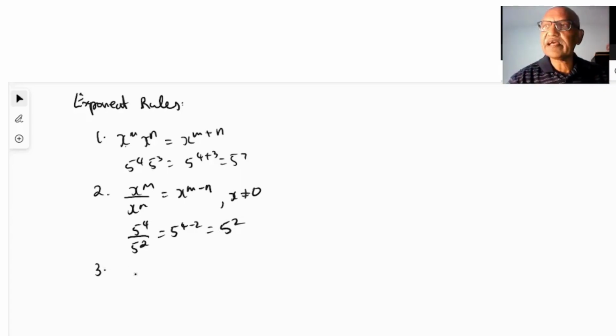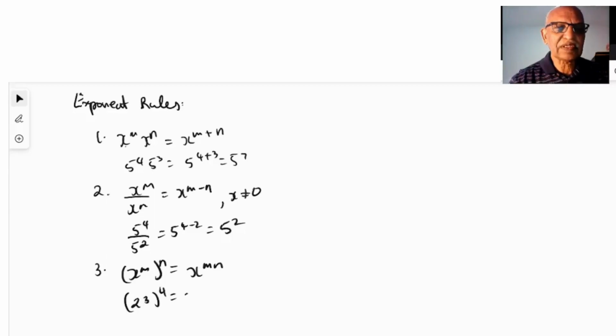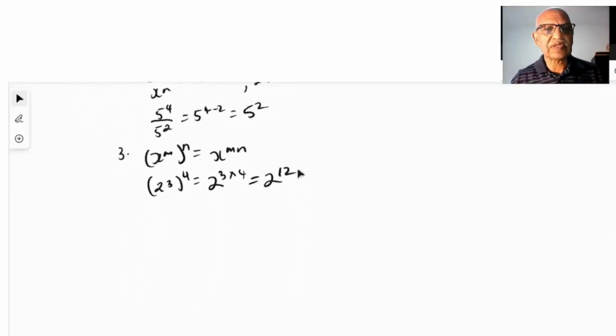And then if I had exponent of exponent, like x to the power m to the power of n, this will be x to the power m times n. So if I had 2 to the power of 3 to the power of 4, it means this will be 2 times 3 times 4, which is 2 to the power of 12. Then we have